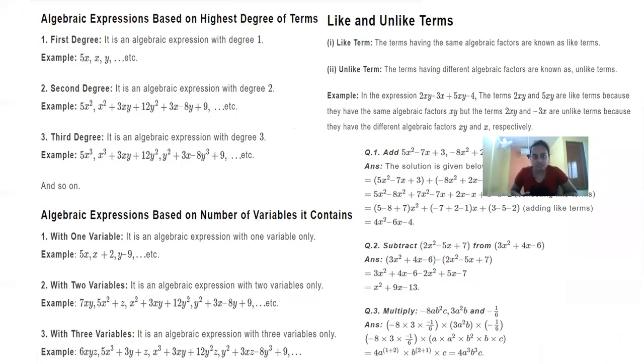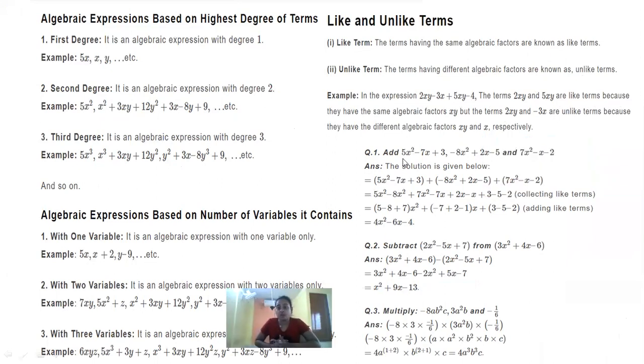So up to this, we have learned about the degree of the polynomial, the name of the polynomial depending upon the number of variables it contains, and then about like and unlike terms. As I have mentioned earlier, the first step in simplifying an algebraic expression is to identify the variables and their number, then put the like terms in a single bracket and do the algebraic operations on them, and hence simplify the expression into a simpler form. So now,